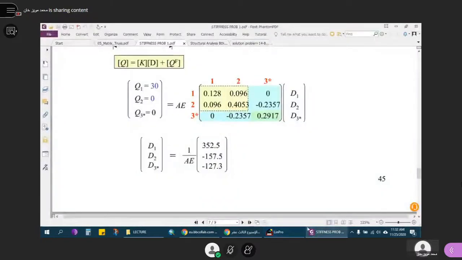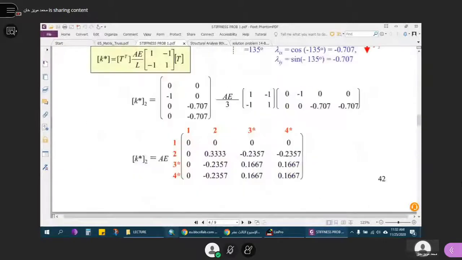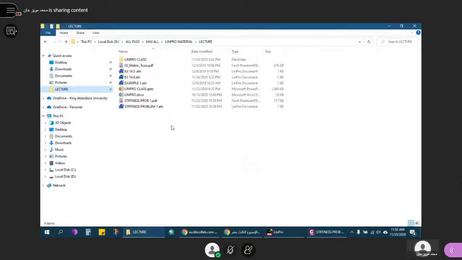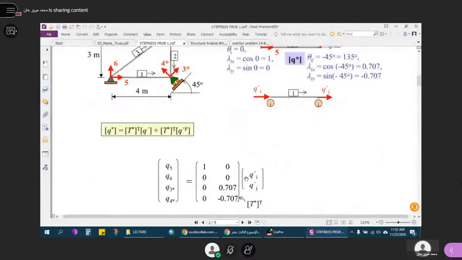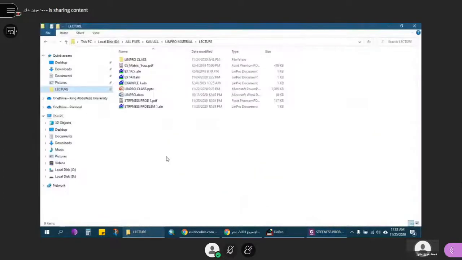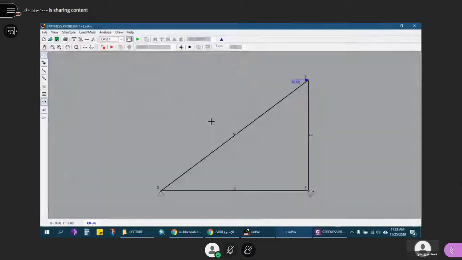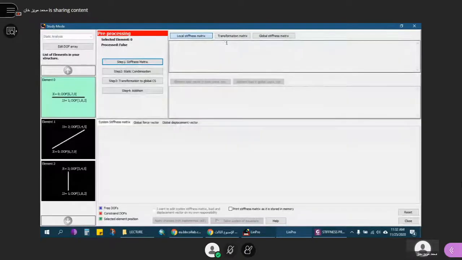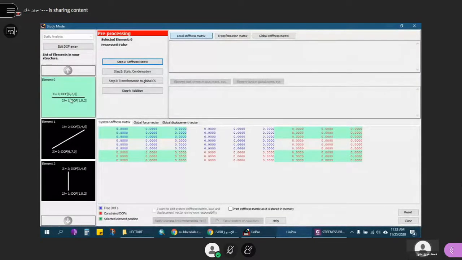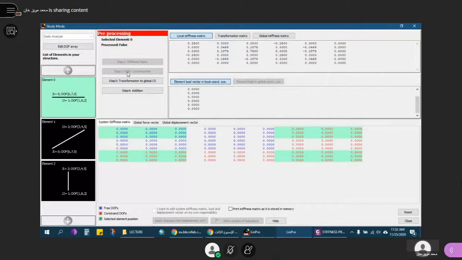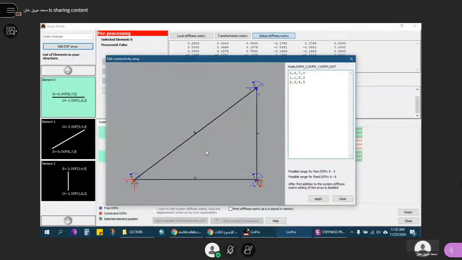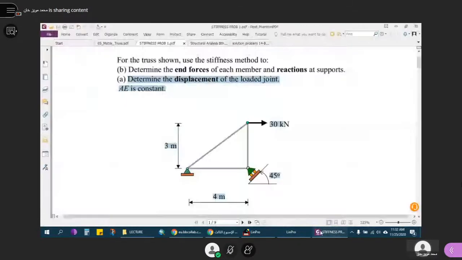Next I have this one. I think I already have done this LinPro example. What is this example? Example 5. Alright, so this is already done over here. I already made this. So now let us put over here, as I told you, this one, stiffness matrix, 0.25 for horizontal element 0. This element 0, alright. So what is the stiffness matrix in this case?